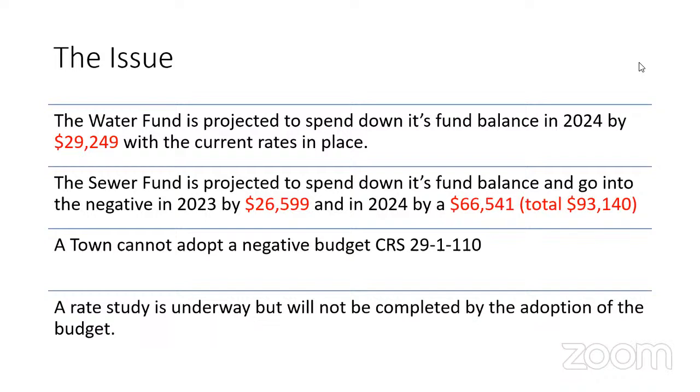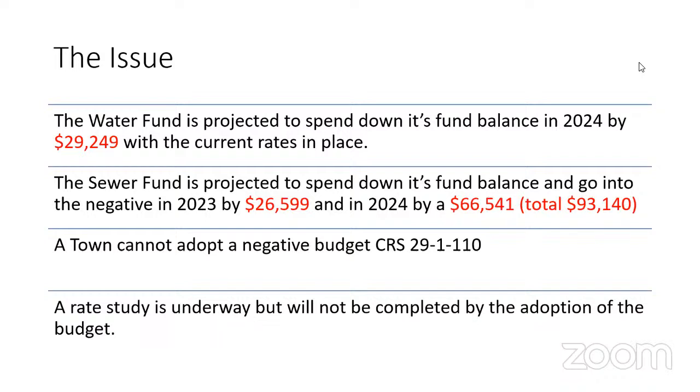And why this is urgent right now is because I have been waiting for the rate study to be complete in order to complete the water and sewer budgets. Now, I found out about 3 weeks ago that our rate study will not be complete in time. This rate study is a little bit more intensive than what we did in 2017. We were looking at capital assets. It's a lot more involved than what I know happened in 2017.